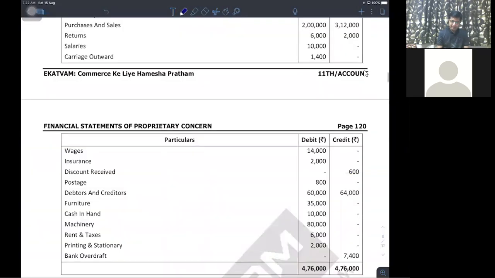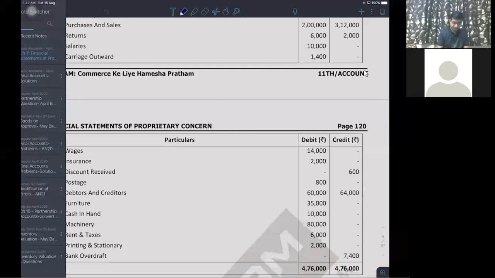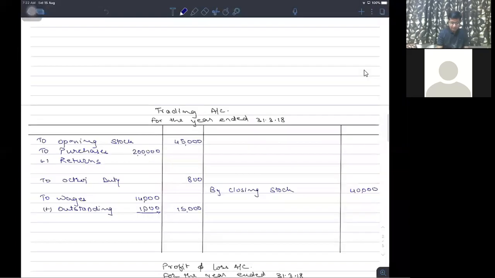How much of returns are there? 2,000. Purchase return is written onto the credit side because purchase return account has the credit balance. Correct or not? So 1,98,000 becomes the net of purchases